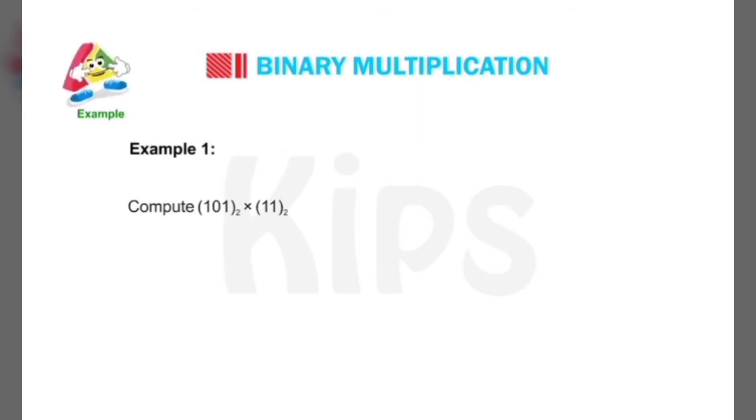101 multiplied by 1. Write it separately and start multiplying. 1 into 1, 1. 1 into 0, 0. And 1 into 1, 1. Similarly, 1 multiply 1, 0, and then 1, and then add it. By adding the last two lines, you will get 1 plus 0, 1, 0 plus 1, 1, 1 plus 0, 1, and 1 as it is.